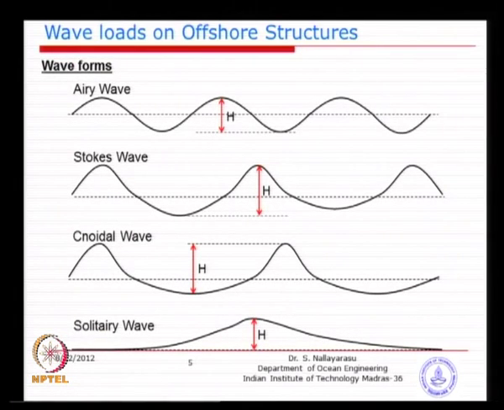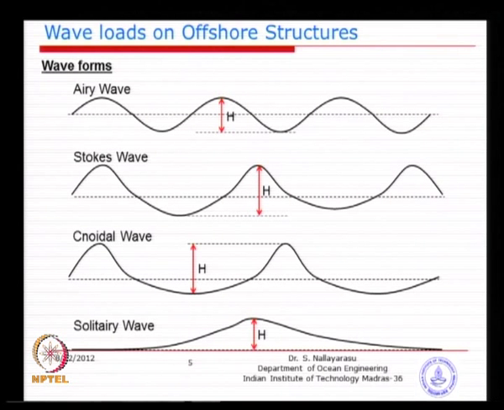I would like to explain one important aspect of these various waves. You see the first one is Airy's wave, the so-called simple sine or cosine form. What difference does it make? The amplitude above the mean water line and below the mean water line is equal. That means it is a symmetric waveform, isn't it. Whereas if you look at the second one, the Stokes wave, you may see that the crest height and the trough height, the height at the top and this height, are not symmetric, isn't it. This is the idea behind it.